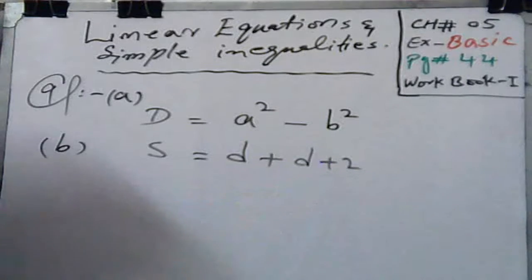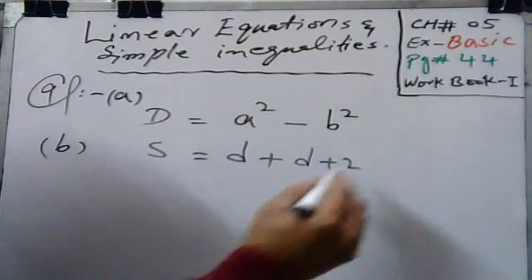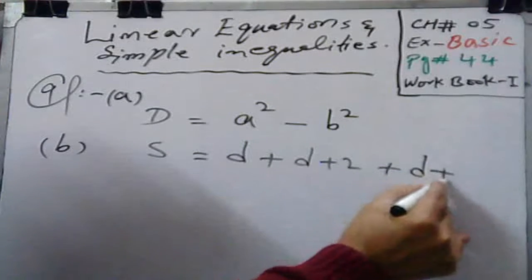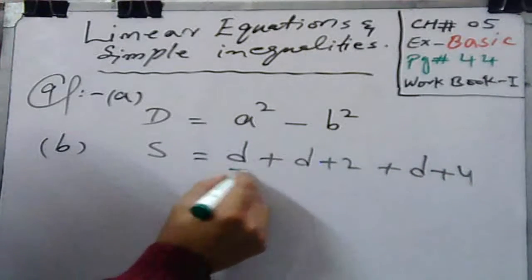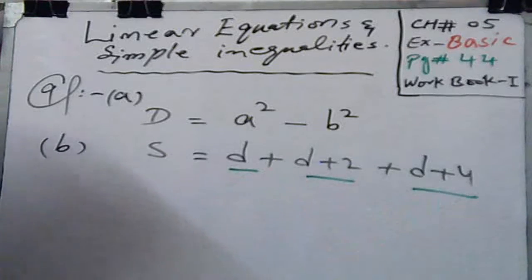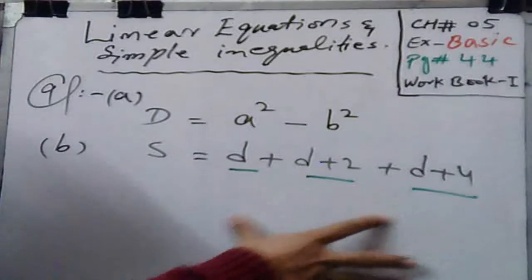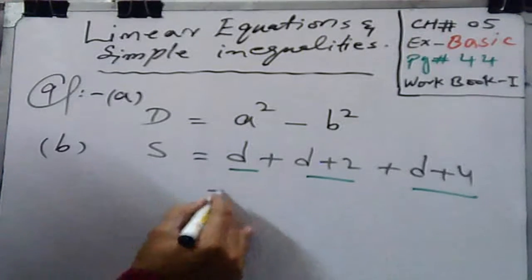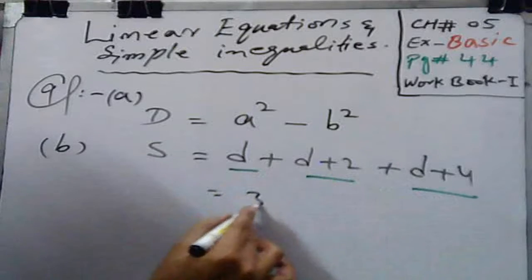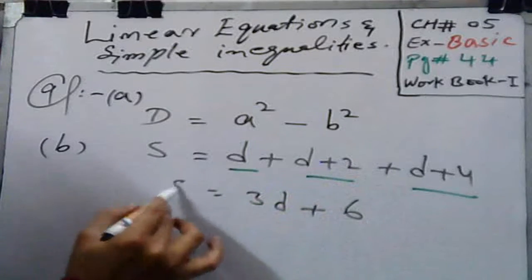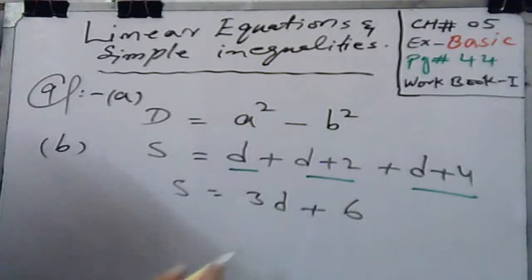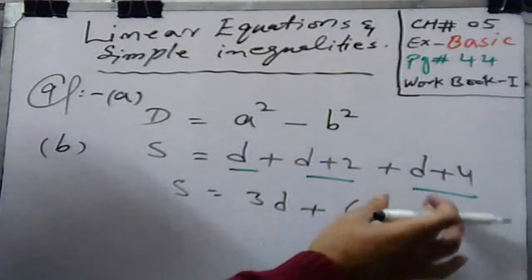to d plus 4. So the sum of three odd numbers is the first number, the second odd number and the third odd number. If we take the sum, you can write it out, but in simplified form you can also say d plus d plus d is 3d, and that is equal to 6. So that is your sum, or if you take the common factor, otherwise it is also your required result. Now in part C,